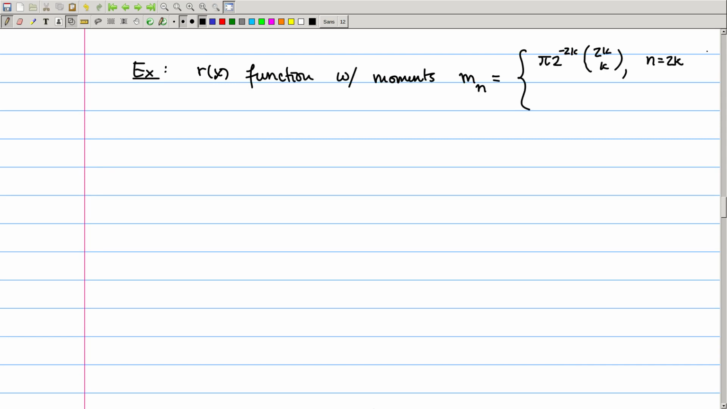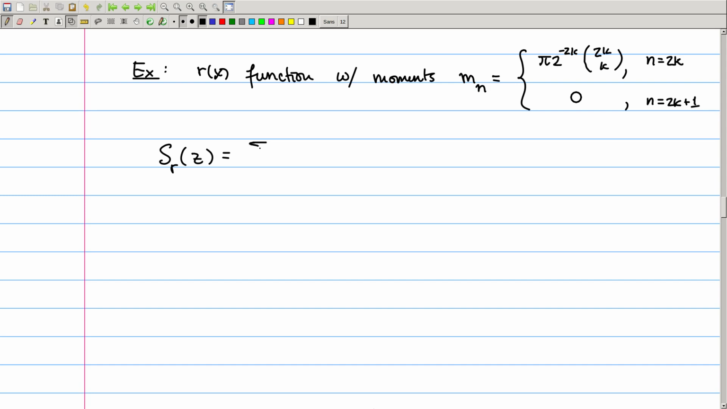To end the day, let's do an example. Suppose I have some function, r of x, whose moments are pi times 2 to the minus 2k times 2k choose k when n is equal to 2k, and 0 when n is equal to 2k plus 1. So in particular, all the odd moments are 0. Then using our equation from above, we can reconstruct the Stieltjes transform of the function r